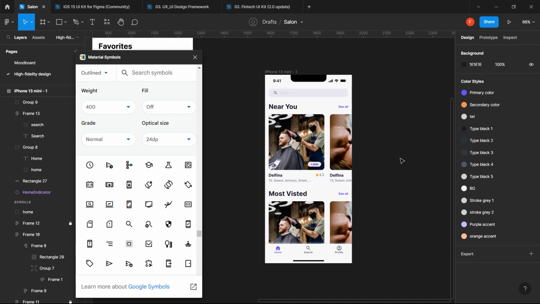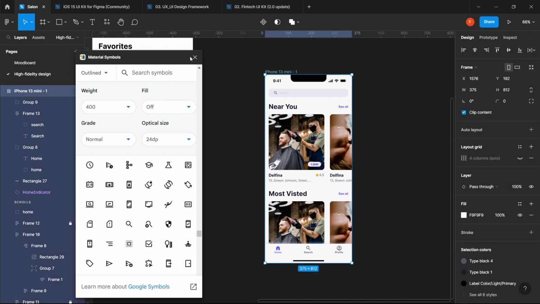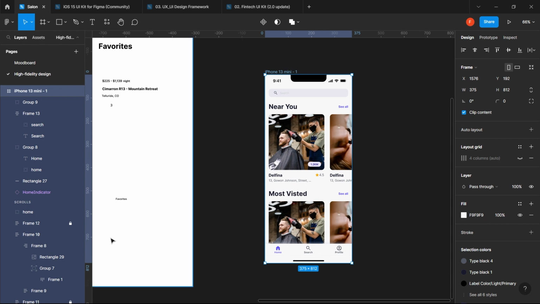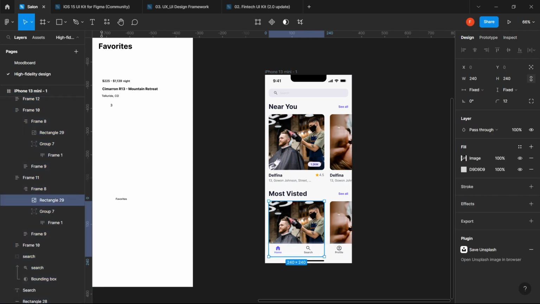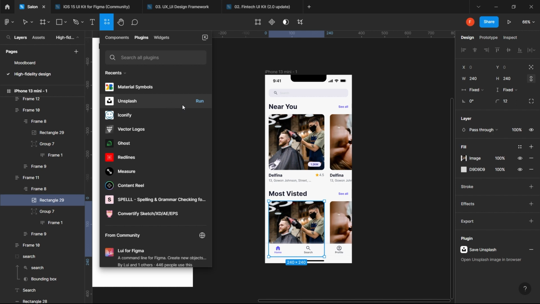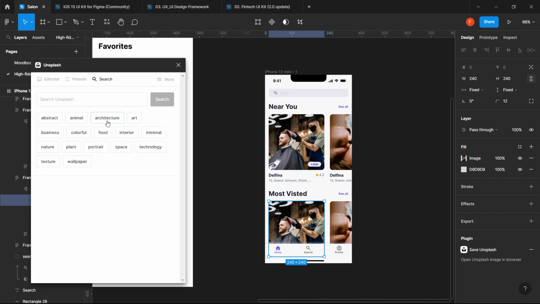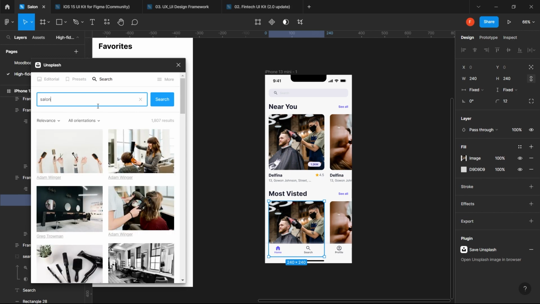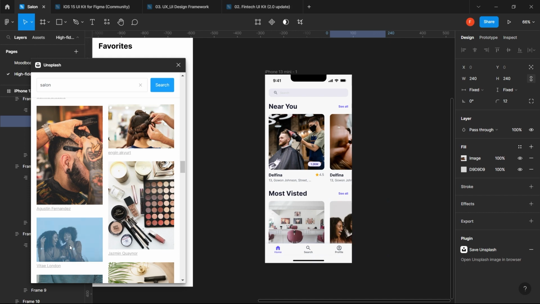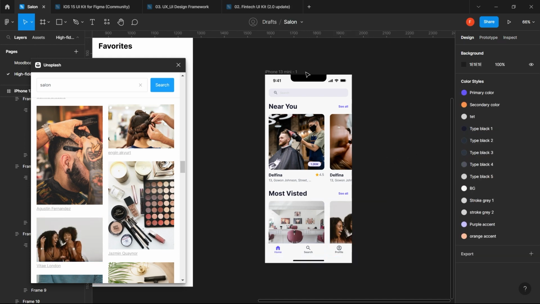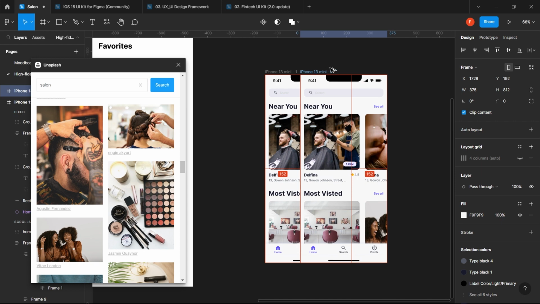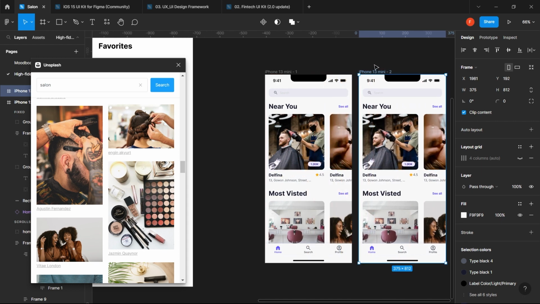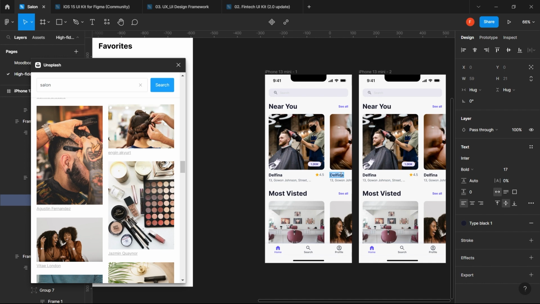So next thing would be, let's quickly change the images here. So since I locked them, I have to unlock them to be able to do that. So on splash, salon, next page we'll be having will be the salons page. So that's after the user clicks on the salon. So let's say they click on the first one. Let's quickly change the name of this. We'll just call this